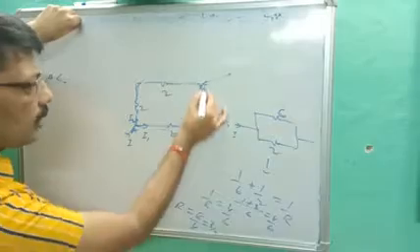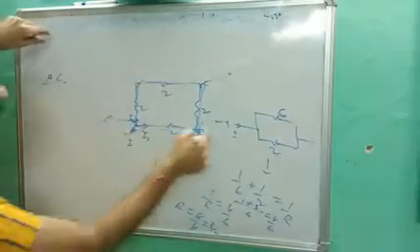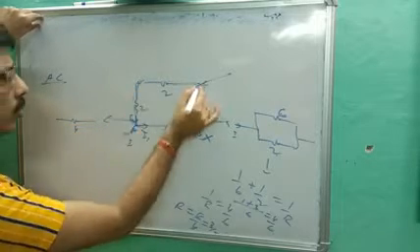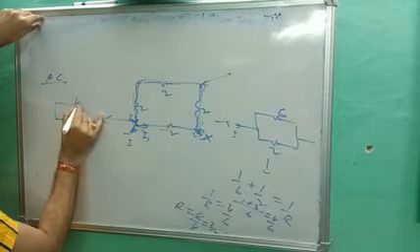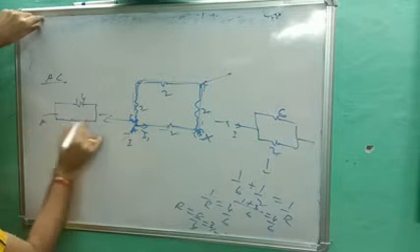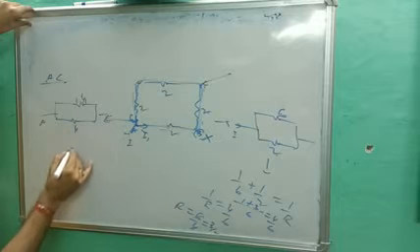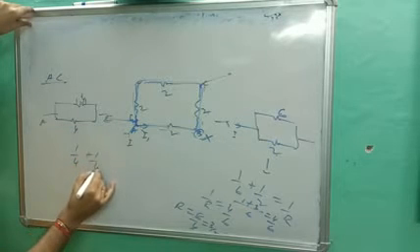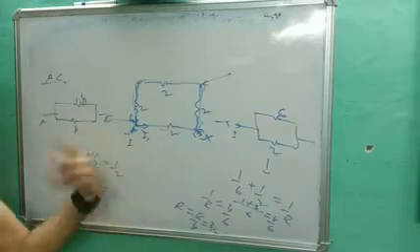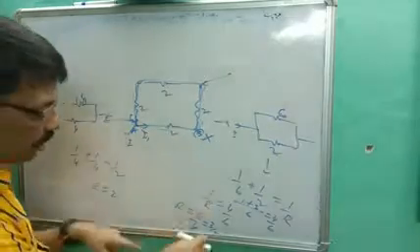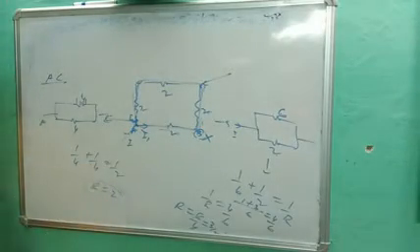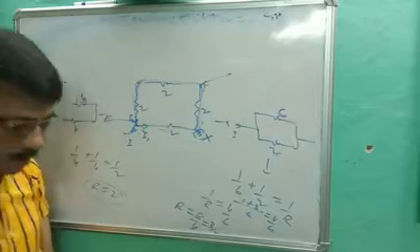So A to C, that 2 and 2 in series become 4 ohm. Again 2 and 2 in series become 4 ohm. This is point A, this is point C, and 4 and 4 are in parallel. No doubt, 1 by 4 plus 1 by 4 is equal to 1 by 2. So R is equal to 2 ohm. See there, if the points are different, the answer will be different. Between A and B, it is 3 by 2. Between A and C, how much? 2 ohm. Okay, this is the conceptual question for combination of resistance.